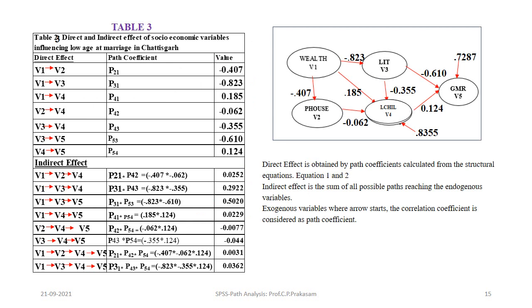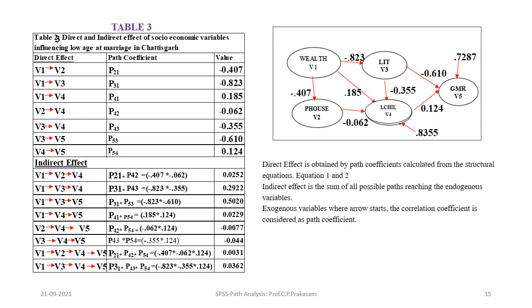Here if you look, the path coefficients have two effects, the indirect effect and the direct effect. That means the arrows shooting down from V1 to V4 will be direct, and they will be substituted with the path coefficients derived from the regression equation. In the diagram, V1 to V2 is the only variable coming from one direction with no arrows emerging into it, so the correlation coefficient is taken into consideration. Otherwise, the other path coefficients have been derived from the equations we have obtained.